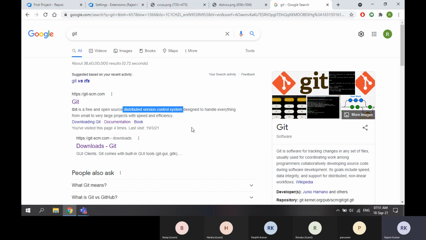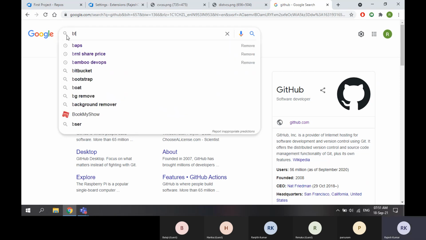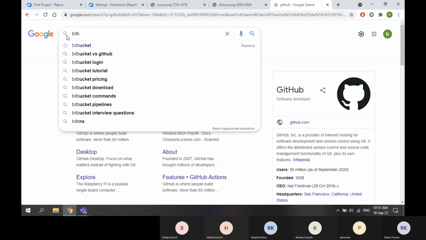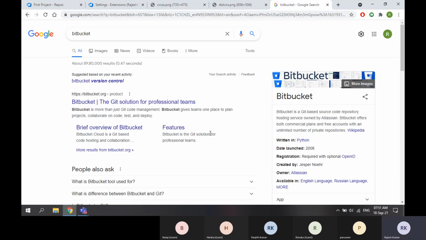Source code management systems are different. GitHub is a source code management system. Here you can see source code management functionality. Then another one is Bitbucket, which is a source code repository hosting service.